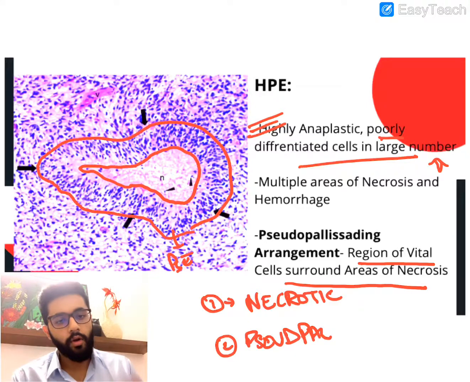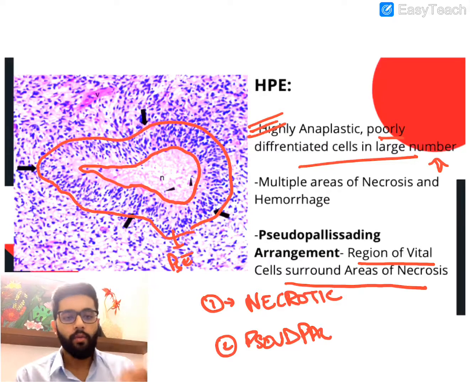So we've talked about the basics of CNS tumors, and we've talked about astrocytoma in this segment of the discussion. Remember the most important points: butterfly glioma, ring enhancing lesion, and lots of necrosis with a classical pseudo palisading arrangement. Now in the next segment of this discussion, CNS tumors part 2, we'll discuss the pathology of all the other tumors. Okay, so thank you.